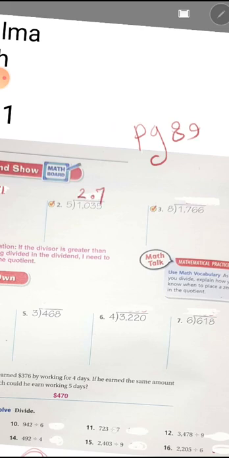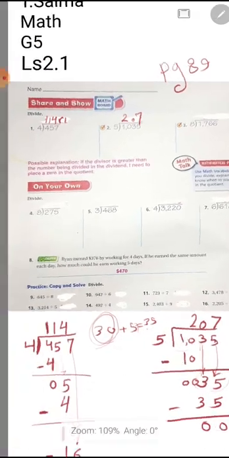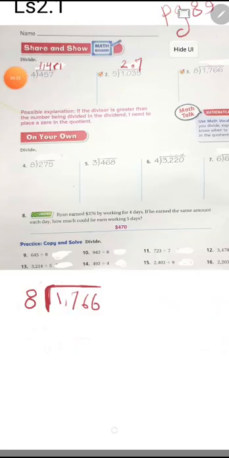Okay? Now let's find number 3. Now let's continue on exercise 3: 1766 divided by 8. What I have to do right here: first, I want to know the place of the first digit in the quotient, so I will use the place value. I will take the number in the thousands digit, 1, divided by 8. Can I divide 1 by 8? No, I can't. What I have to do